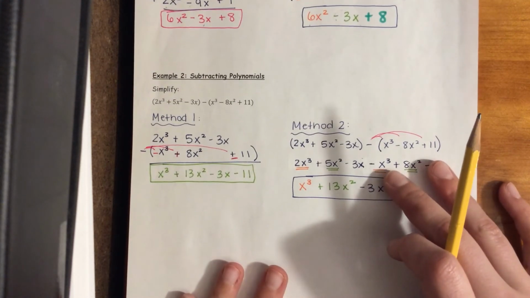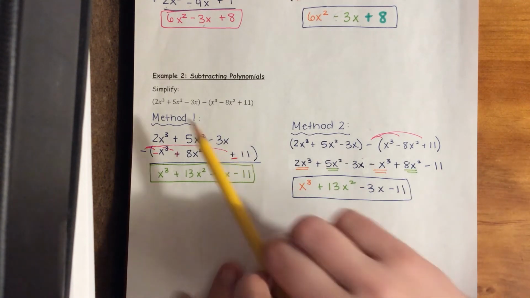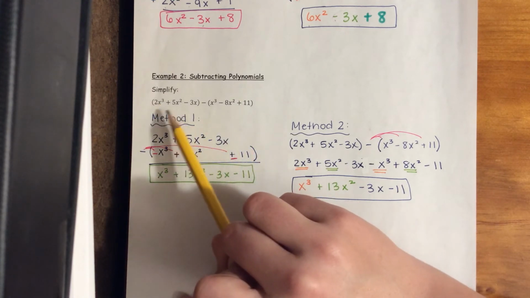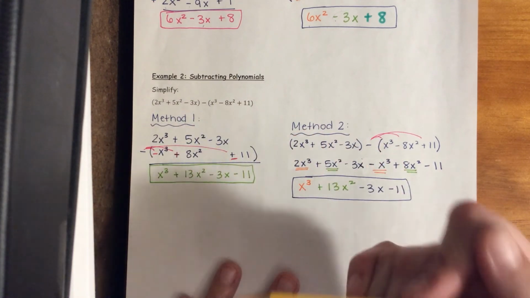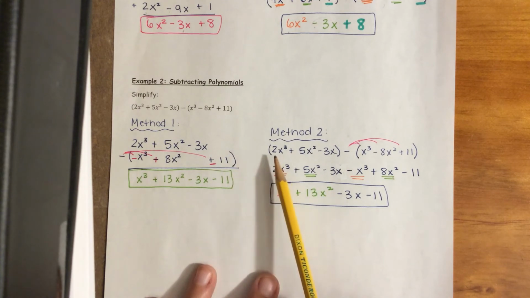All right, and then example 2, subtracting. Same idea, but this time you've got to be careful because you're subtracting the second polynomial. So it's always important to start with the first polynomial and then keep the second polynomial second, so that way you're subtracting in the proper order. All right, so again, we're going to start with method 2 and then hop back over to method 1. So method 2,